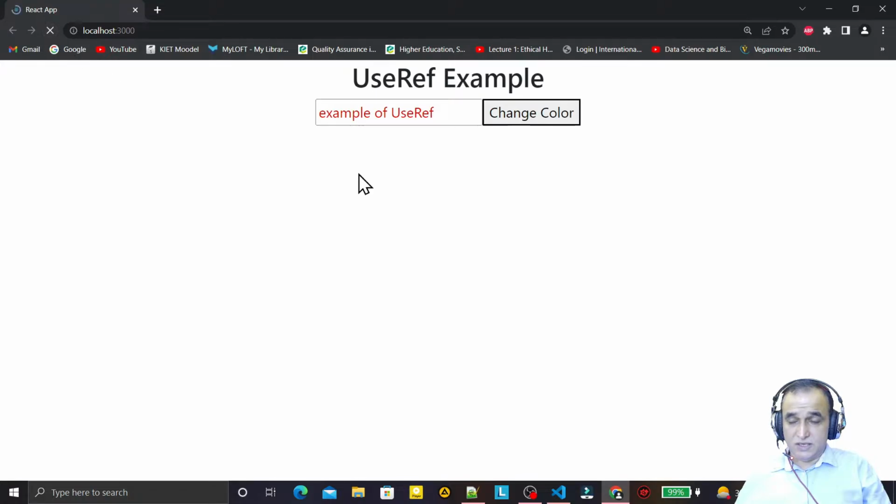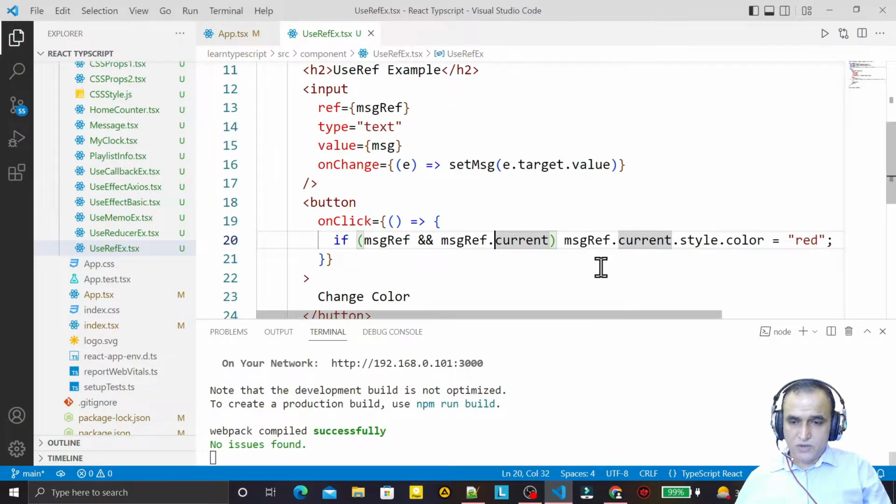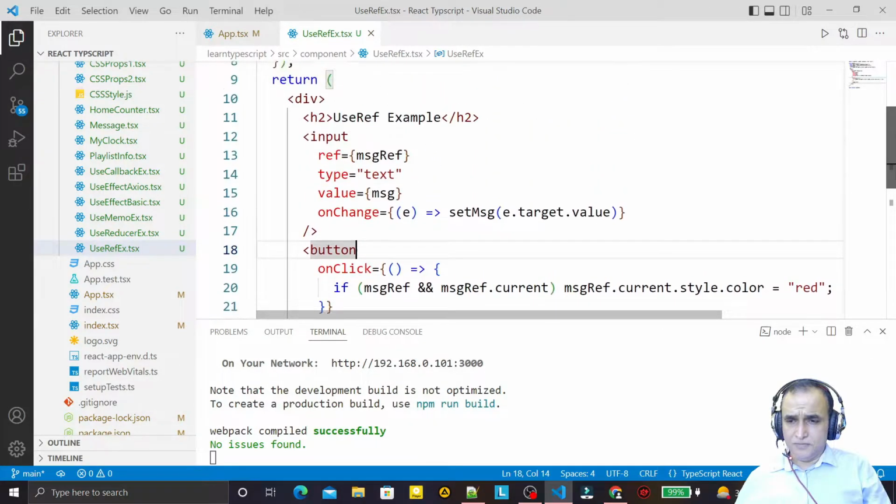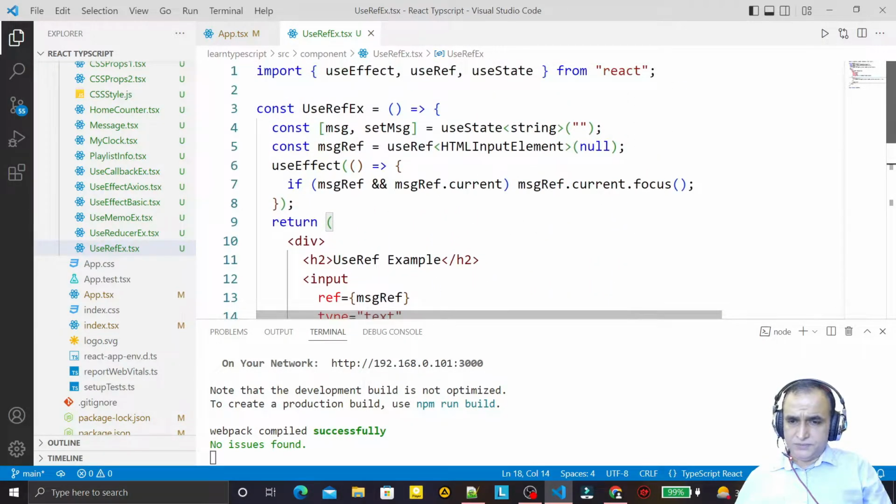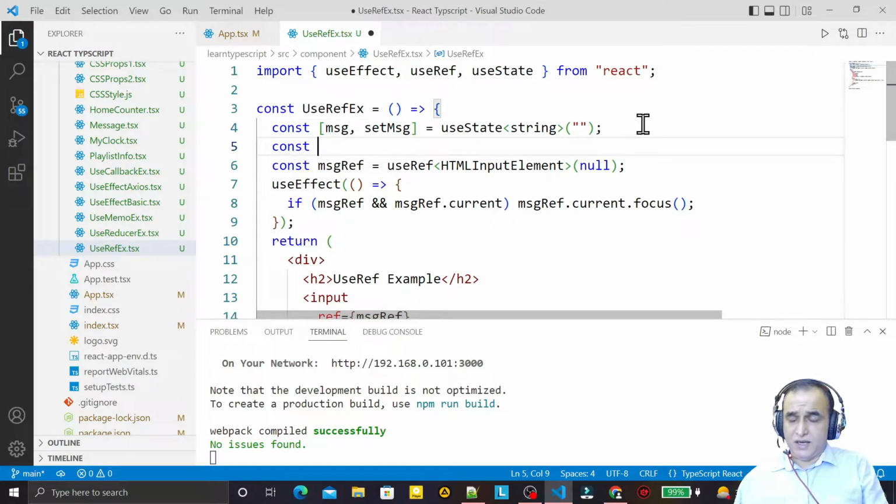Refresh it once again. So if I type here use of useRef and click here, then the color is changed. So we have a focus also, and we are able to change the color also. One more use we have here. For example, if I make one counter, I say I have a count,